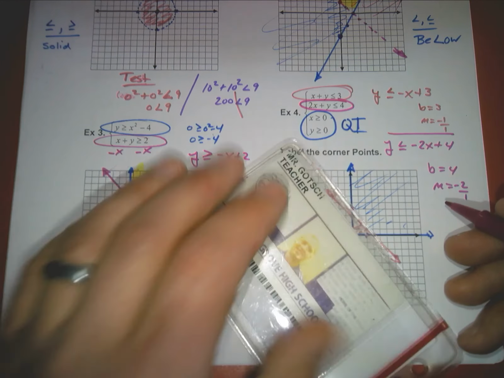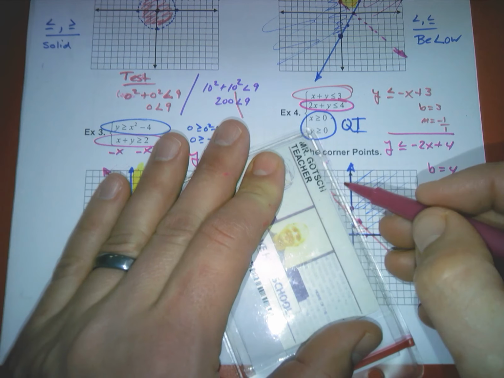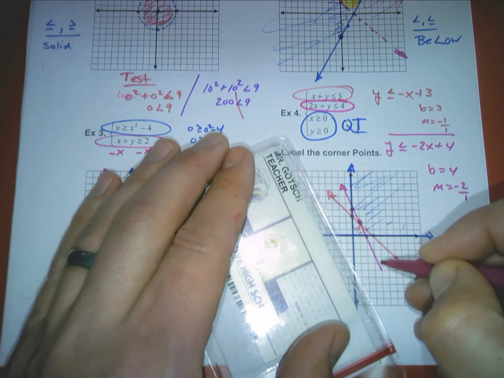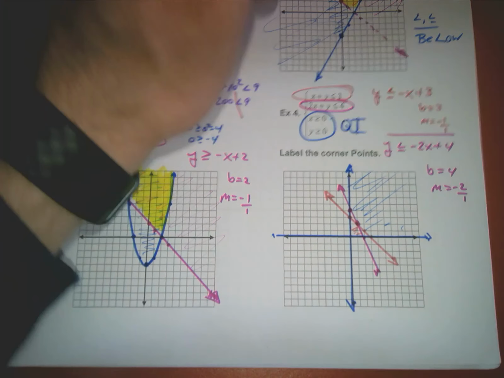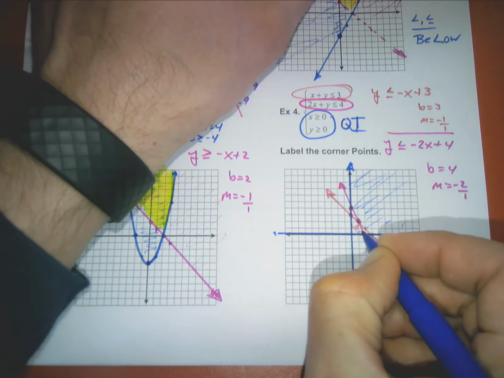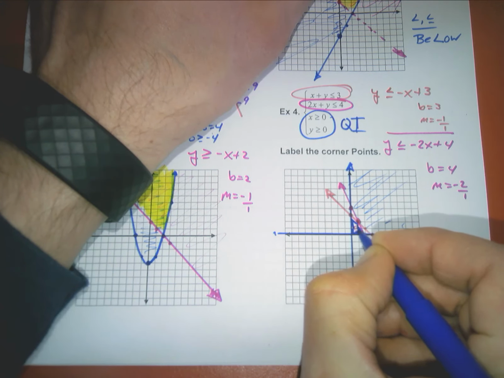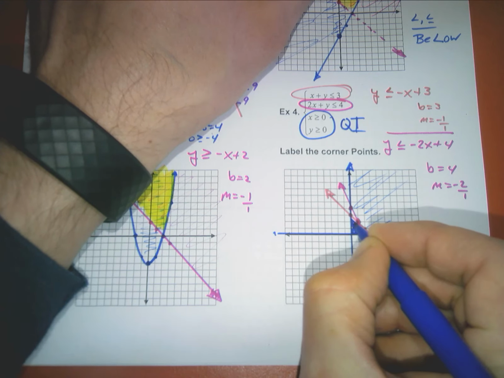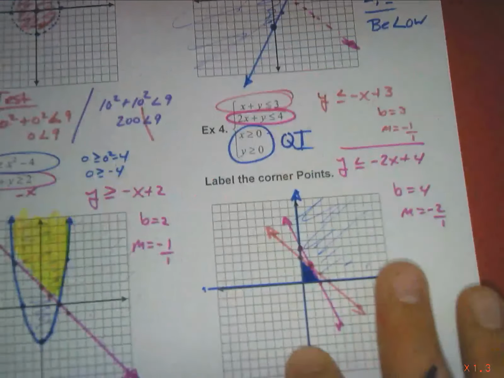Now I look at that line. That is, again, a solid line. And that one is shaded below as well. So my final answer is in this quadrant. And it's below the fuchsia line and this mauve-colored line. Okay? Now, if I zoom in a touch to adjust the graph,